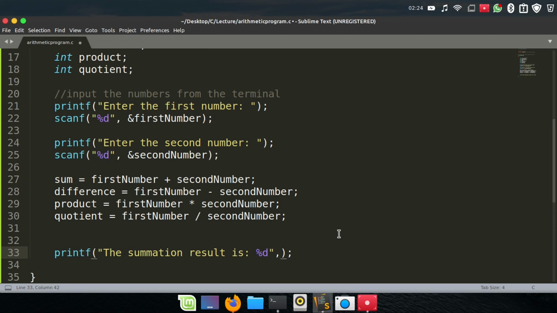So here I'm going to put a comma, and then I'm going to put the actual value. Now the actual value is sum. Okay, and we have already declared sum as an integer. That is why we are using the decimal integer format control string to represent sum here. So the actual value of sum is going to replace this particular format control string. All right,